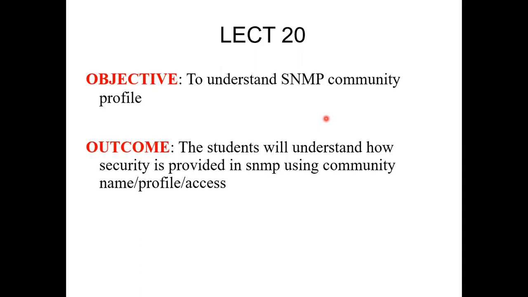There we have all the encryption, decryption, user authentication, authorization, like in the mail we currently use, where I give the username, then password, and right now there is 2-level, 3-level security. That is all present in version 3, but that does not mean security is absent. In version 1 and 2, it is there by using community profile. It's a very simple concept, but that way the security was incorporated into SNMP.